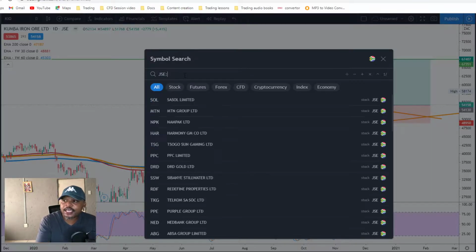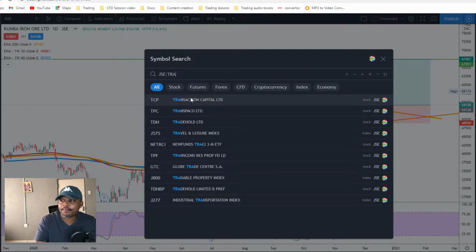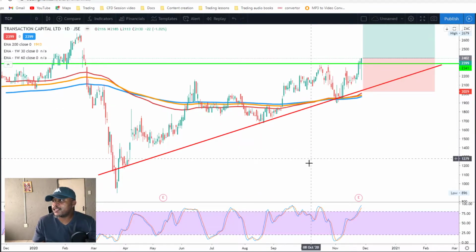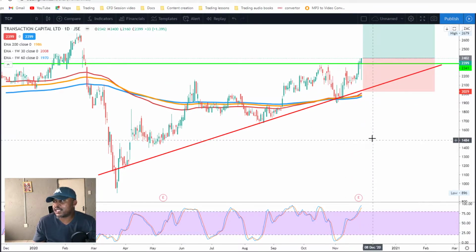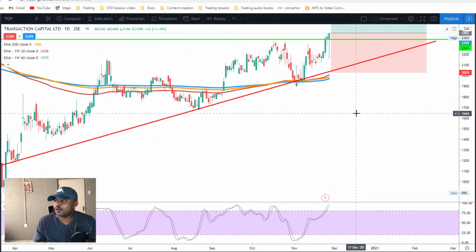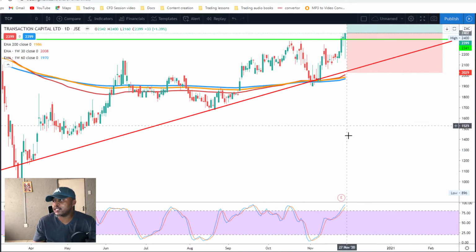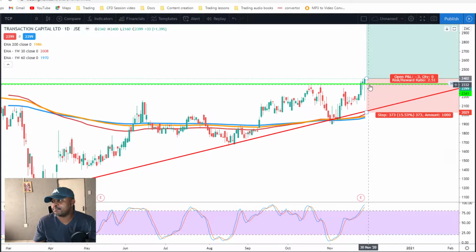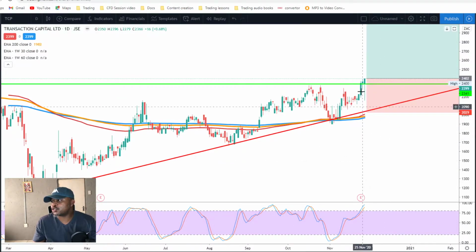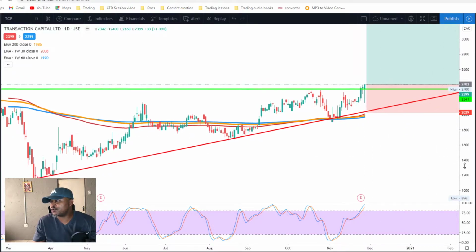So another share that broke out today was Transaction Capital, code TCP. The share was aggressively down on the day. We had a big seller market opening this morning, but it bounced back very, very well, broke out and then confirmed. I was looking for a 3% move higher from this breakout level, so got that today, entering that share at around 24 rand with a stop loss around the 20 rand level,